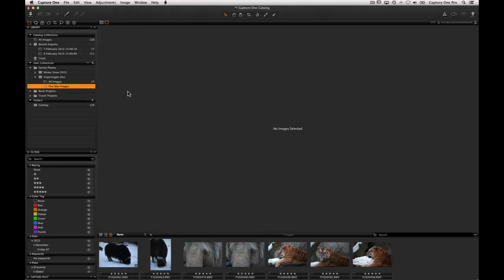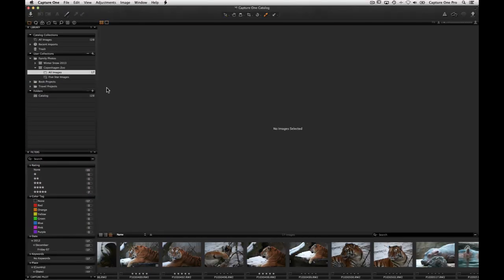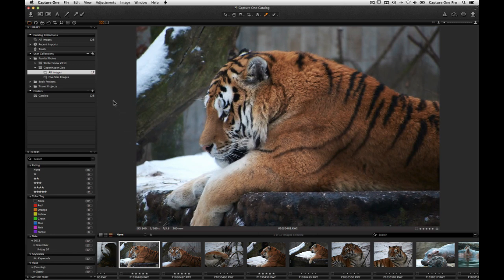Now let's look at adjusting some images. Capture One Express 7 uses individual profiles for your camera for delivering the best out-of-the-box results in terms of color rendition, noise reduction, and detail. The software has an extensive set of adjustment tools to give you the creative look you desire. Let's look at a simple workflow to get you started.